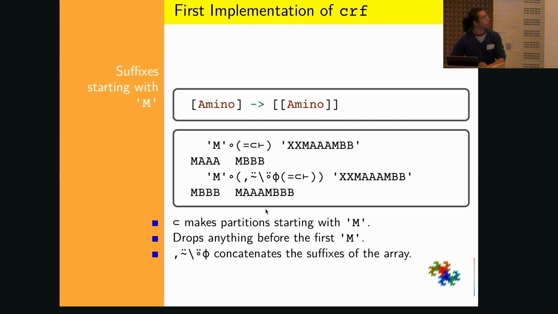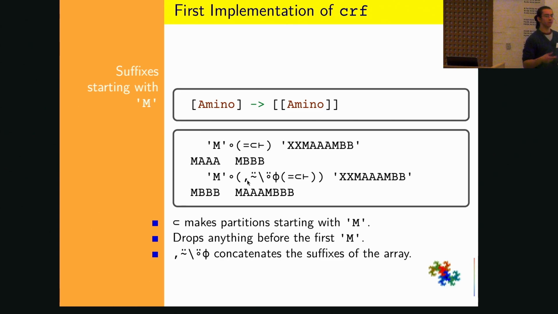So moving on, now we have a list of the splits between $ signs, discarding the last one, and we want all the suffixes of subsequences of these which start with an M amino acid. So the first thing I did was I used the partition enclose primitive to give me all the subsequences that start with an M and end just before the next M. This is not actually what we want, because we would like the first sequence to start at the first M, but end at the last B, right? So what we can do is that we apply to this